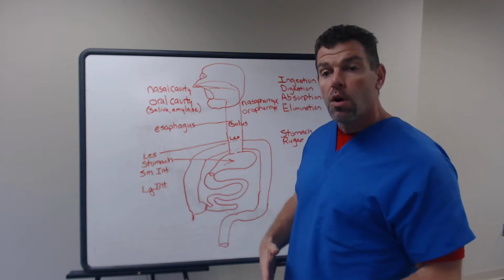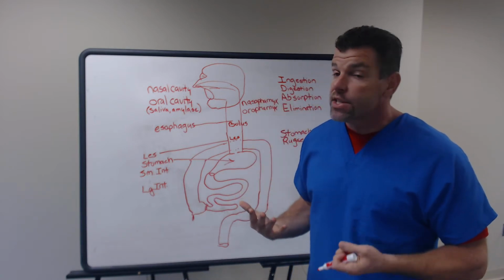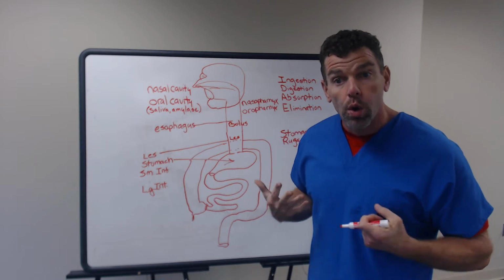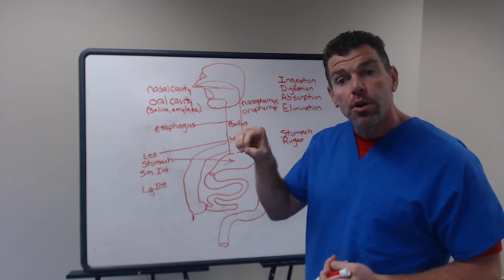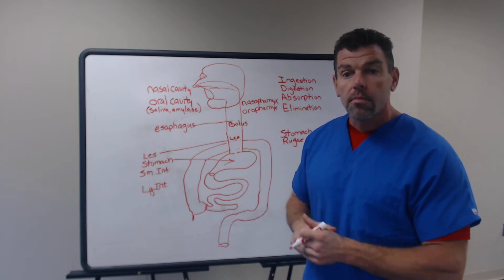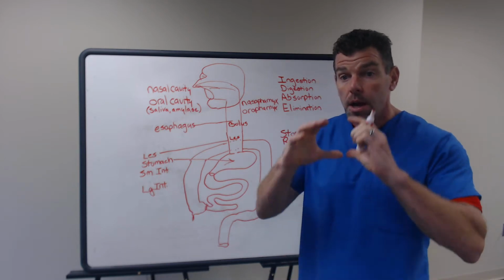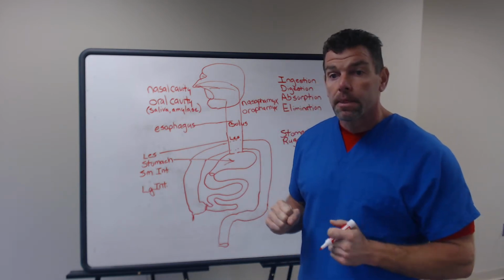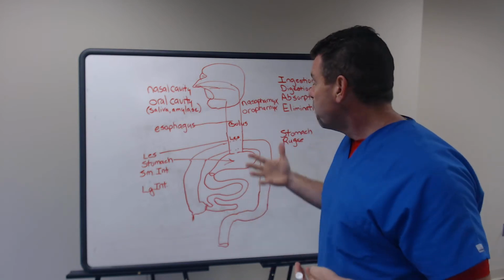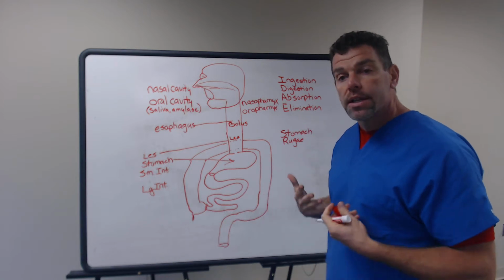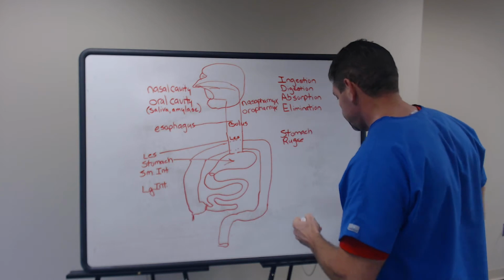Now, we call it the small intestine and the large intestine because of the diameter. The small intestine, there's about 23 feet of coiled up small intestine in our abdominal cavity, but the diameter is not that great. On the other hand, the large intestine, there's about 7 feet of large intestine, but the diameter is bigger. Now, we keep moving all of this bolus through our digestive system by what's known as peristalsis.